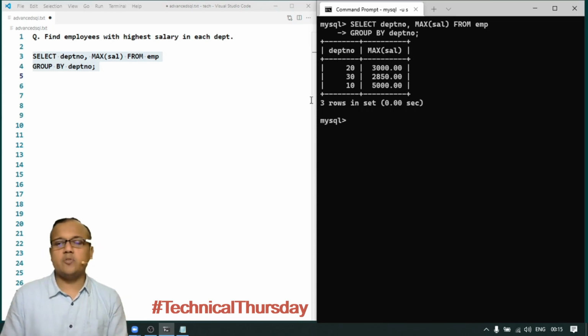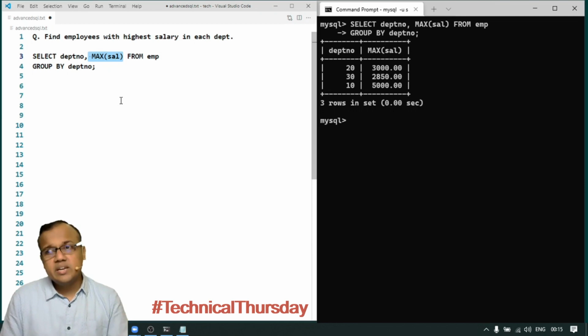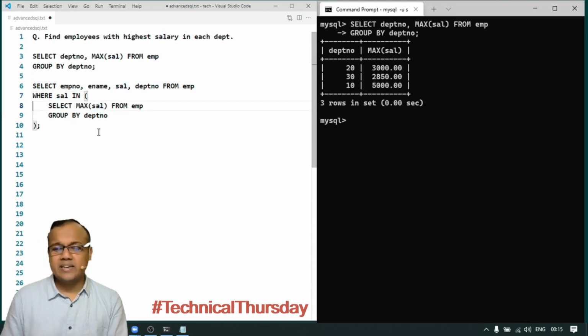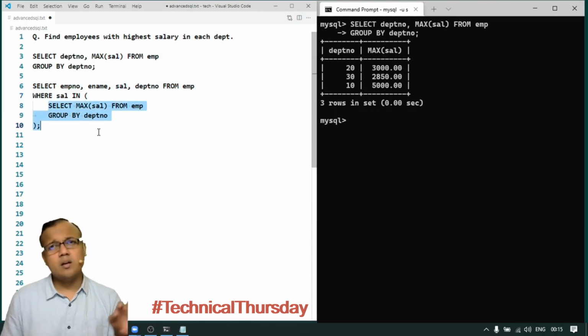I might think of getting these maximum salaries using a group by query, putting it into a subquery, and then getting the result from the employee table with a simple query like this, where I'm getting the details from the employee table where the salary is the same as the maximum salary for each department.